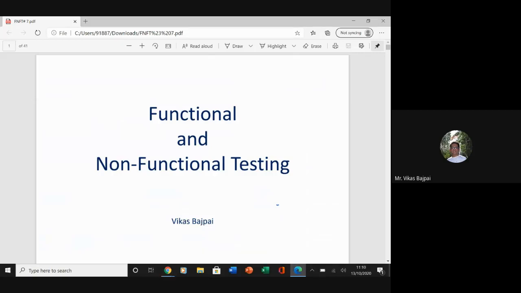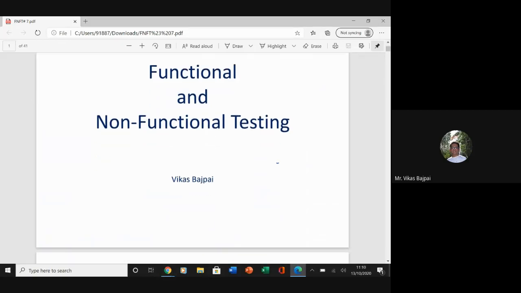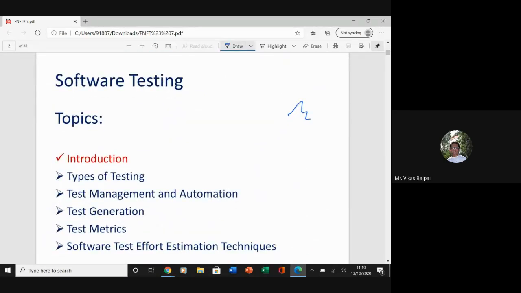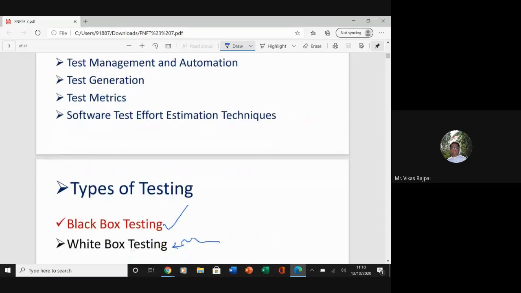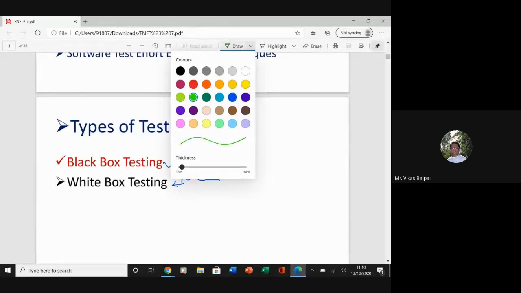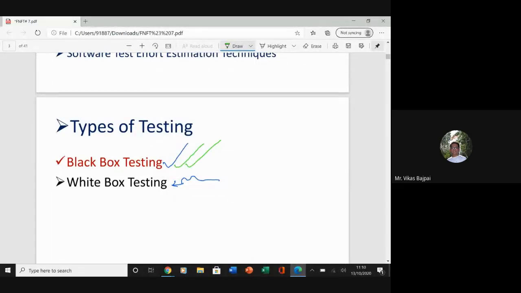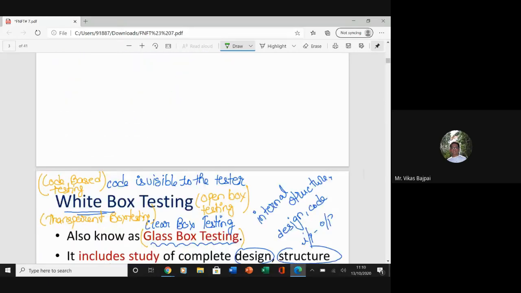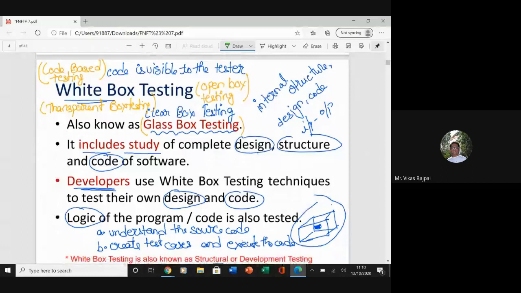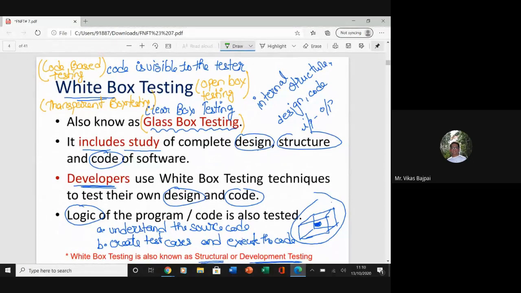Yeah, so in our last discussions, we were talking about white box testing, right? So we are done with black box testing, and now we are going to finish this particular white box testing as well. Initially we talked about what basically white box testing is. Let me brush up the old concepts so that you may be able to connect what actually it is.